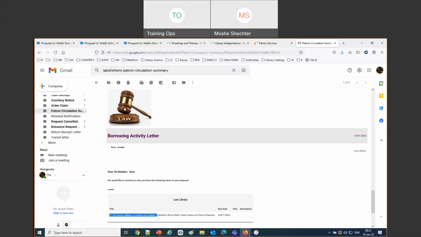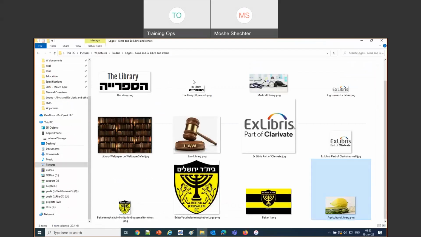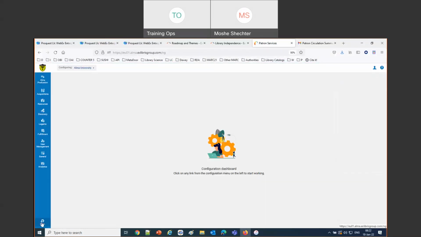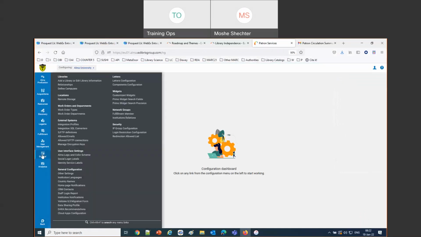Previously, let me show you what we're talking about here. Let's go in and look instead of just talking. Previously, each letter could potentially have 5 or 6 libraries in it. Like now we have the first letter we sent out this morning to Isaac Luria had 3 different libraries in it. So the institution couldn't make a condition and say, if the library is law library, then make a reply address or change the logo, change an image or whatever, because there could be several libraries. But now, because we've separated the libraries, we can make conditions in the XSL. Let's see what we're talking about.